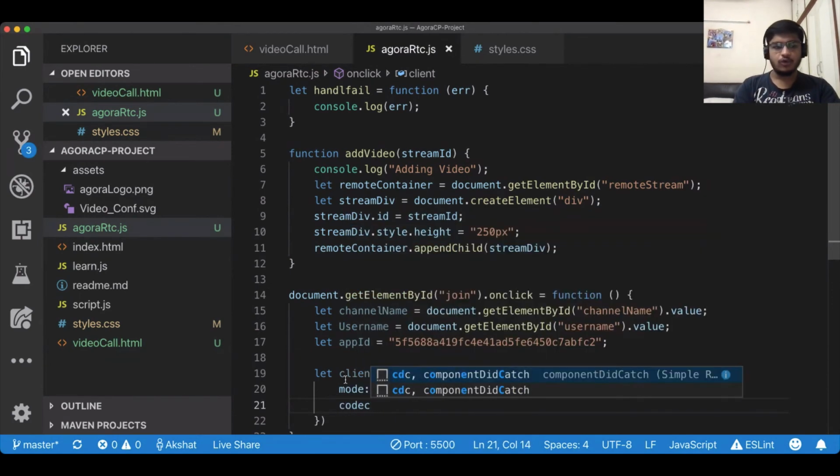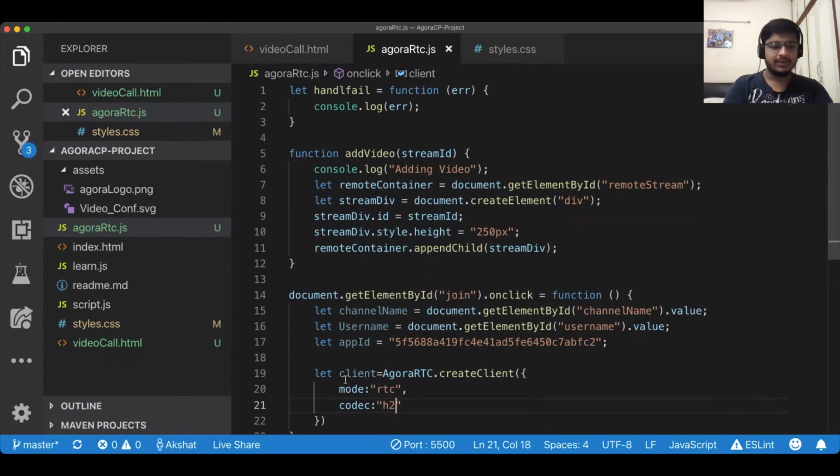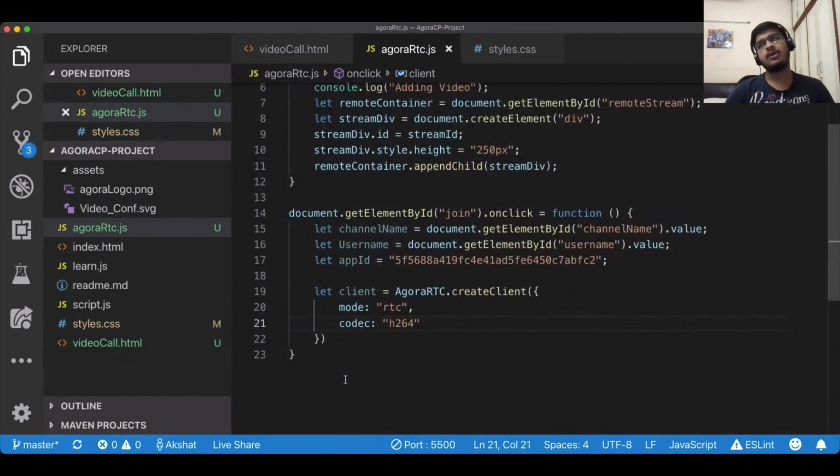Then we type codec. You can either have H264 or VP8. So I'm going to be using H264 here. It totally depends on the browser compatibility. Both VP8 and H264 have their own advantages and disadvantages.